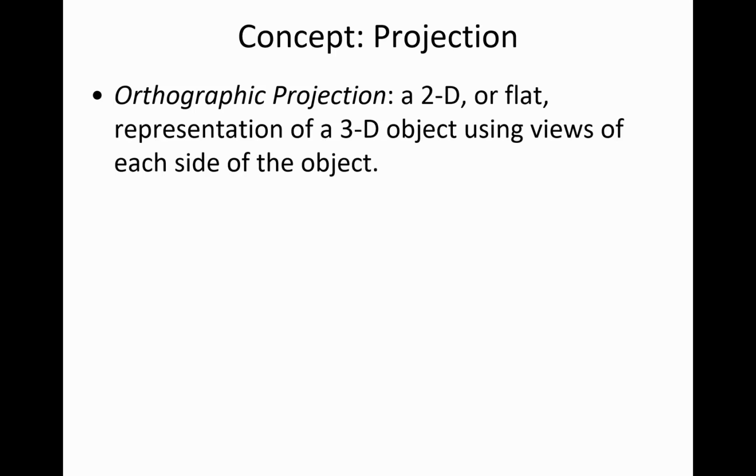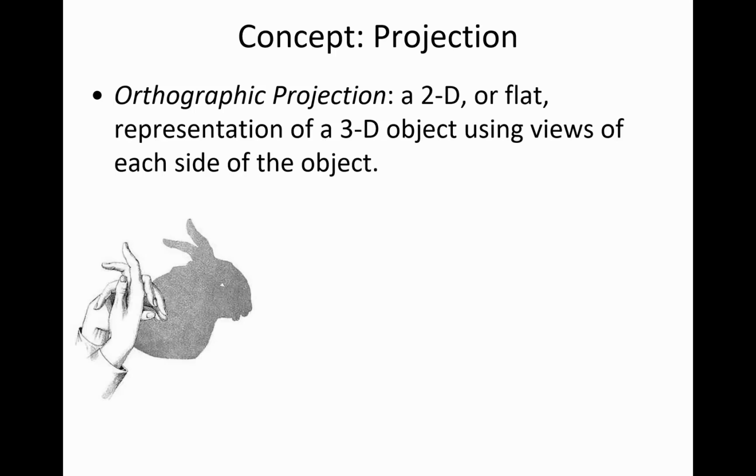And the idea with the projection is that you are representing an object that has 3 dimensions with a flat drawing. And so you would have maybe a side view and a top view and a view from a different side. And a projection is just kind of a flat 2-dimensional representation. And so take, for instance, if you are doing shadow images on the wall. And so you can see here, somebody has their hands configured in a way that the hands are 3-dimensional, but what is projected onto the wall looks like a rabbit and it's flat.